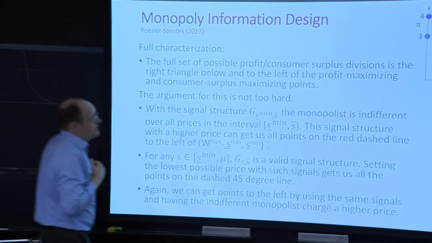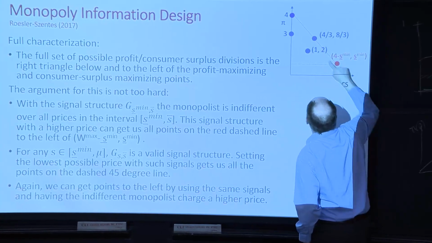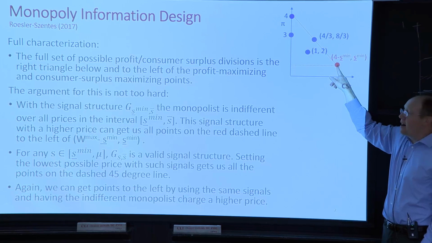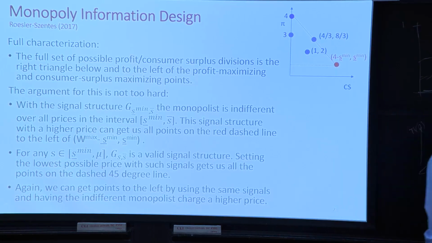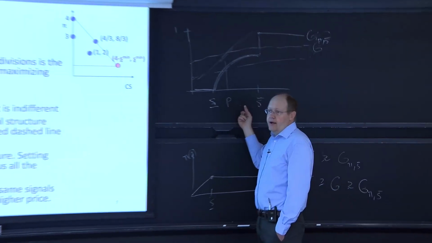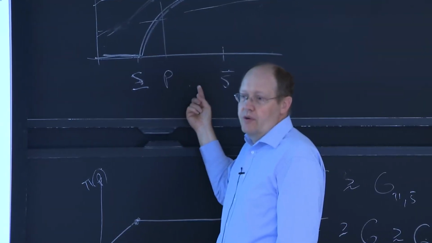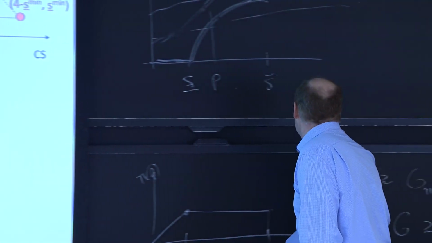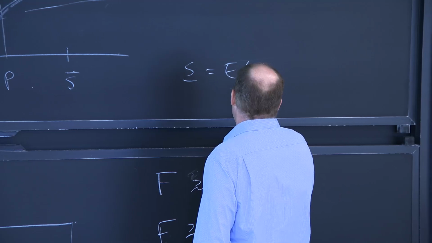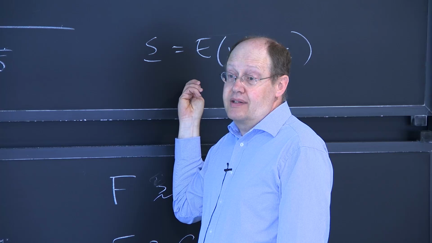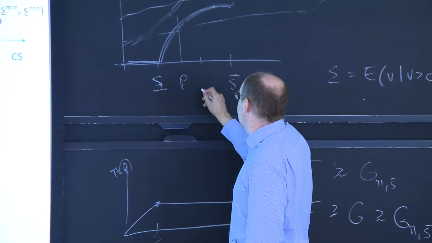I really think it's mostly this diagonal that we're typically interested in. How do we maximize consumer surplus versus profit? The way we do this is we choose these distributions, G of S lower bar, S upper bar, and we just vary S lower bar. The higher we make S lower bar, the higher is the monopolist profit and the lower is consumer surplus. In some sense, this is a special case of this argument where you just set S lower bar equal to the expectation of V given that V is greater than C. That's the monopoly pricing solution. And so as we raise S upper bar to that point,